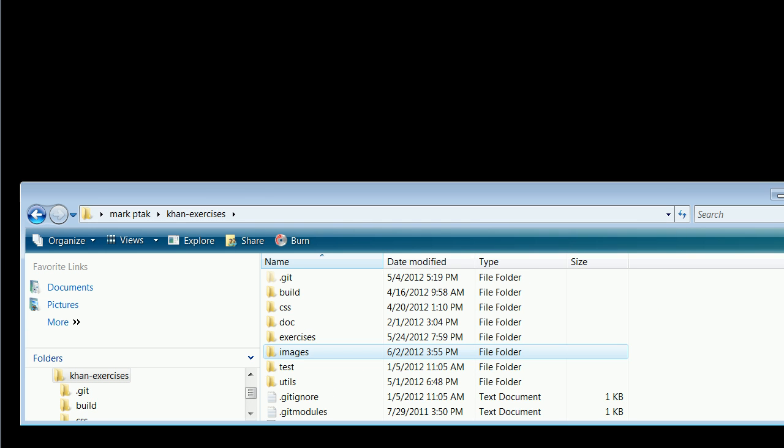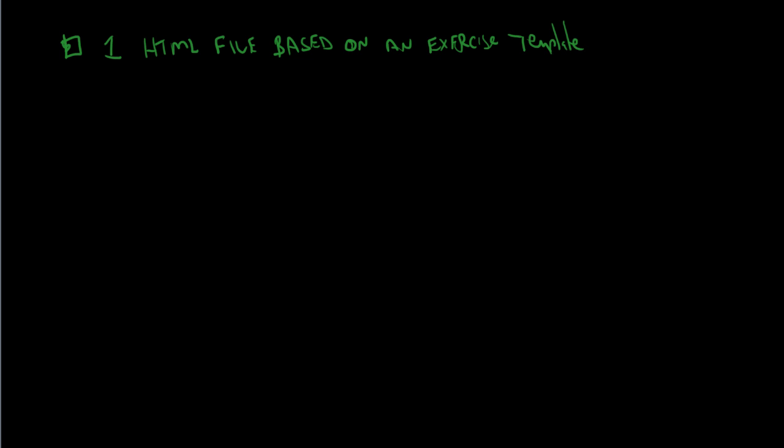Well, essentially what all the files that we're going to look at are going to be a combination of, let's see if I can now write here, basically an HTML file based on an exercise template. Now if you're using the basic image, and we're going to start with the concept of the basic image-based exercise,